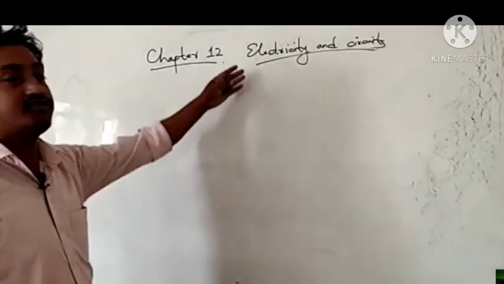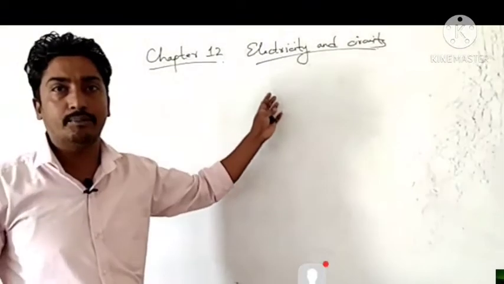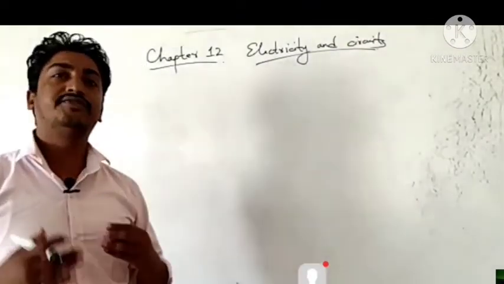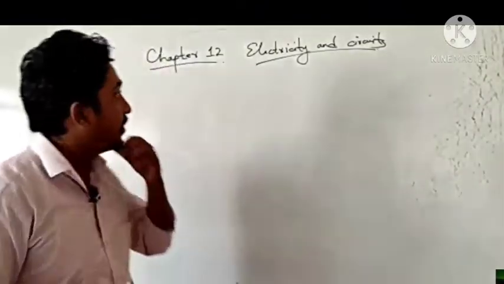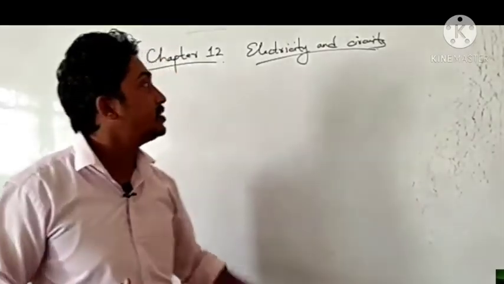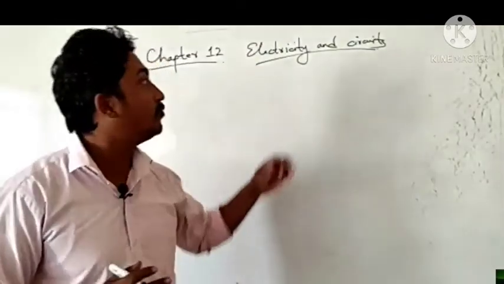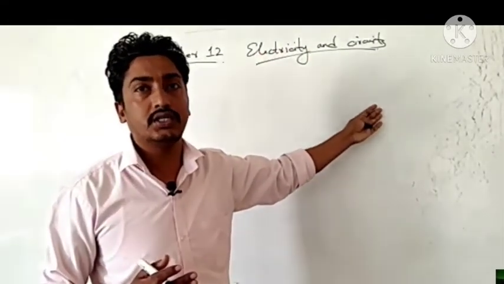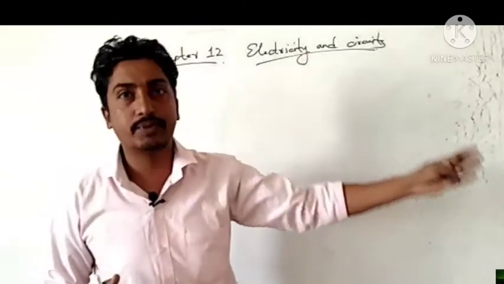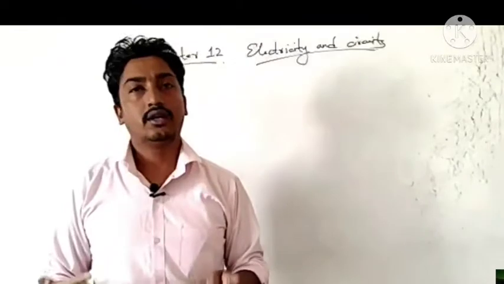Okay, so today, as far as the chapter is concerned, we talked about electricity, we talked about its source. Then we talked about its different components. Then after that we talked about circuits also. That means if all the components are connected, then we can call it a closed circuit. And we talked about open circuit also, and we can differentiate between open circuit and closed circuit.